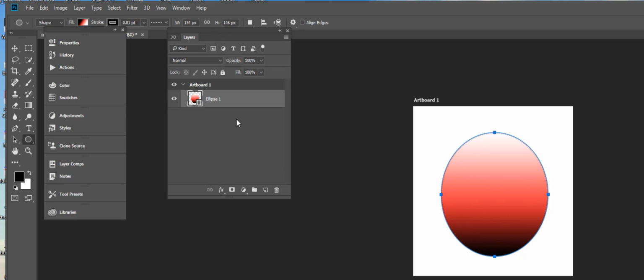All right, so now I'm going to take this and duplicate it. I can do this a couple of ways. I can drag this down here to this create layers button here, or I can just click on that layer and hit Control J. Now I have a beginning and end here,